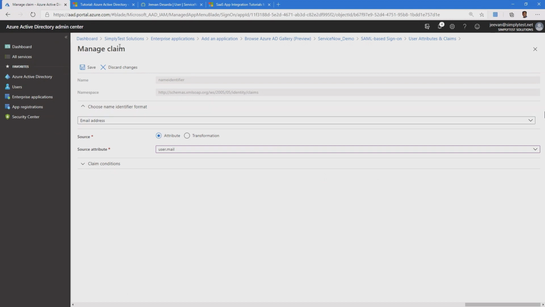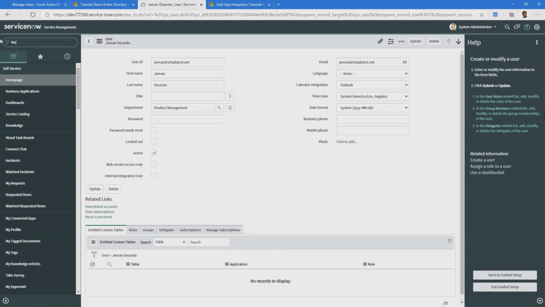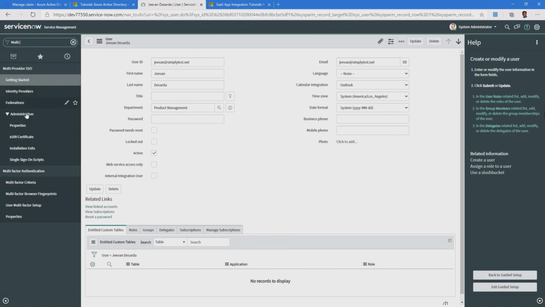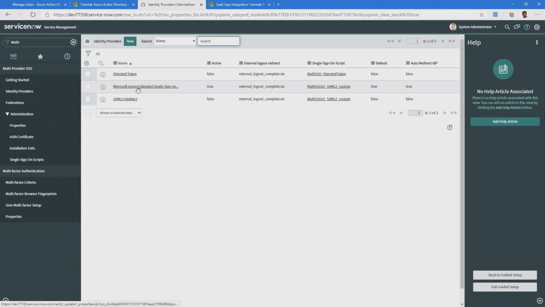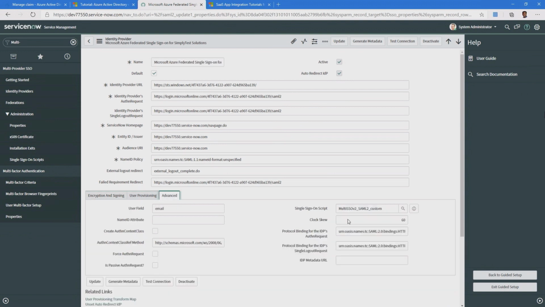If you see any other issue with your integration, I suggest you check your identity provider setting by going to multi-provider SSO and identity providers, and click on this button and check what script you are using.